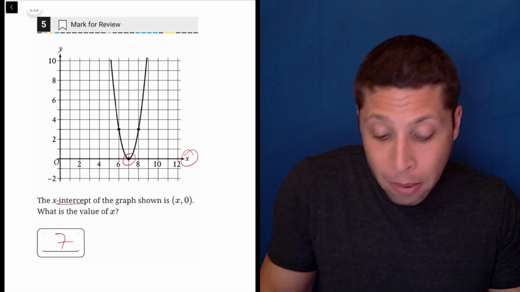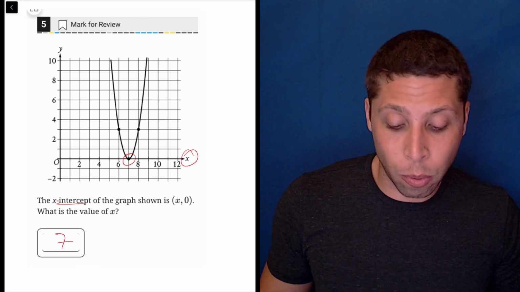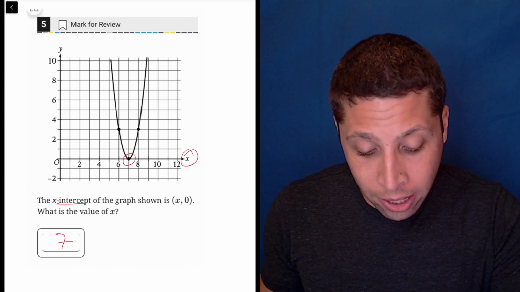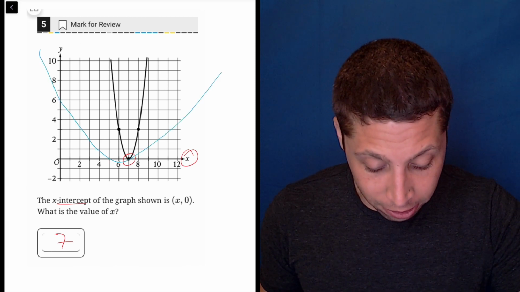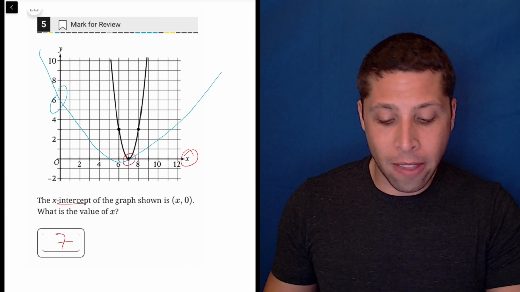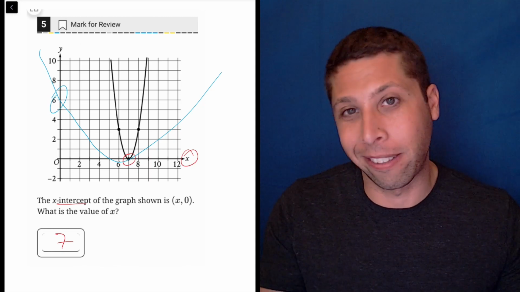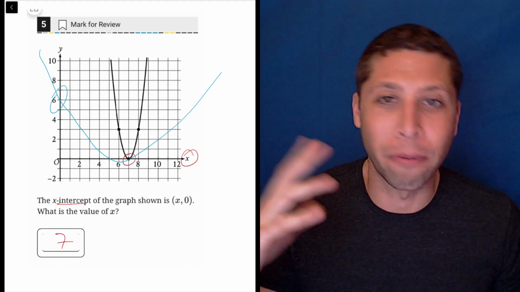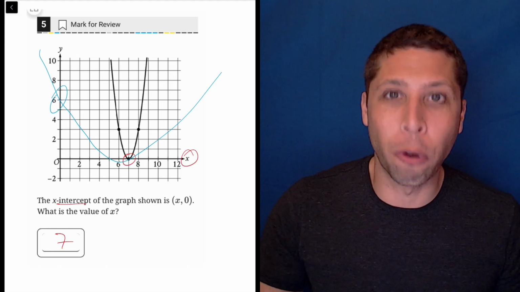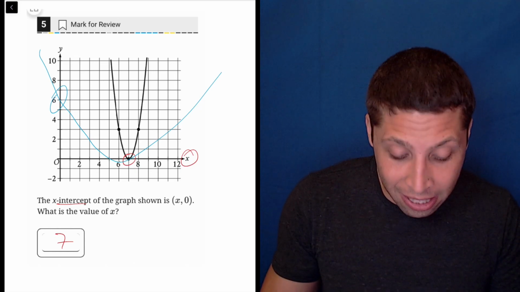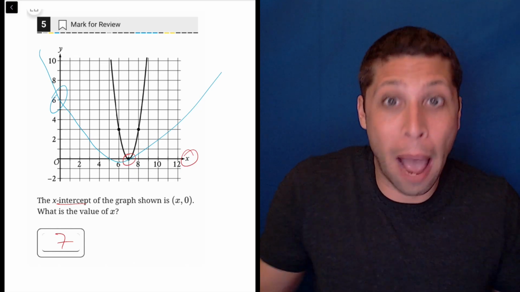The only thing that maybe we could do wrong, and I don't even think it applies to this question, is if for some reason this parabola was wider, I'll use a different color here, and there was a y-intercept, I could see someone confusing those, just not paying attention and maybe confusing x and y, or maybe because they normally do ask for the y-intercept and not the x-intercept. So I could see that mistake, but that isn't even here because that doesn't happen with this particular